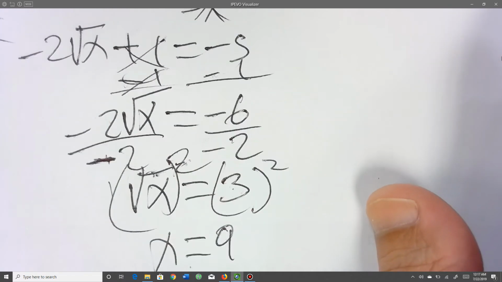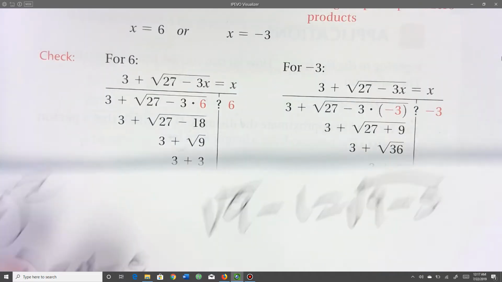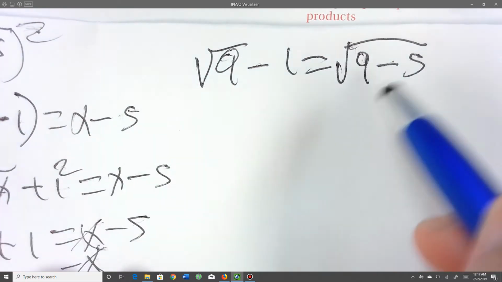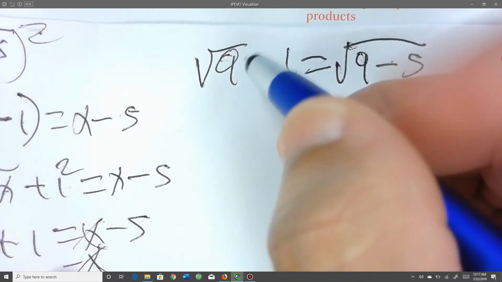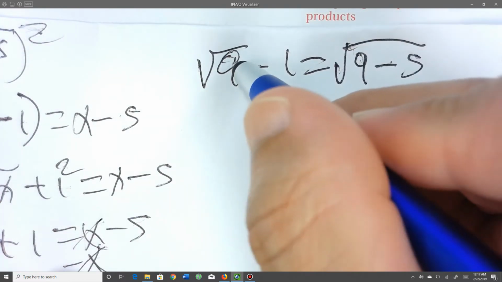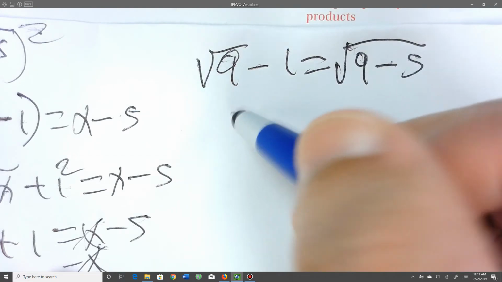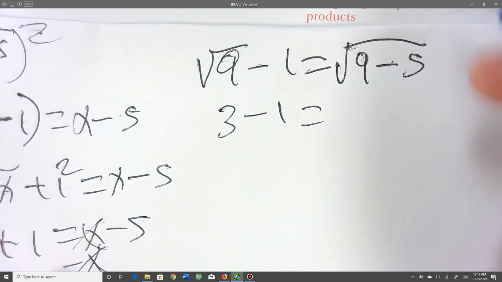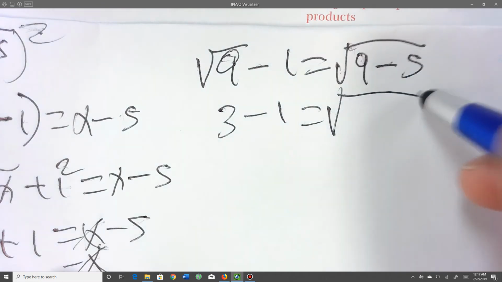I think I got it. Yes, that's exactly correct. Square root of 9, that's a perfect square, so that's a 3. 3 minus 1 equals the square root of